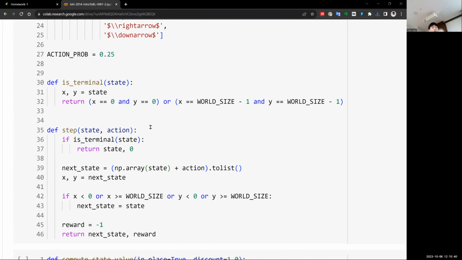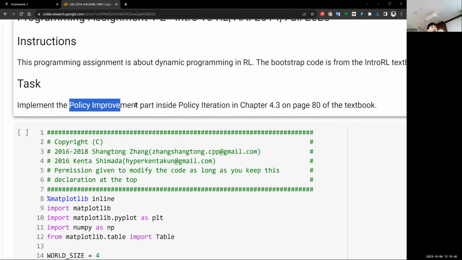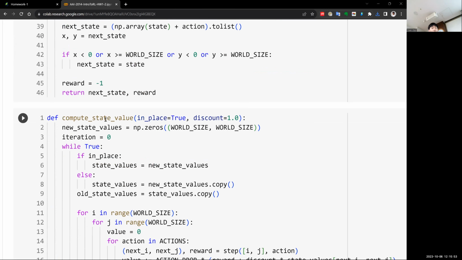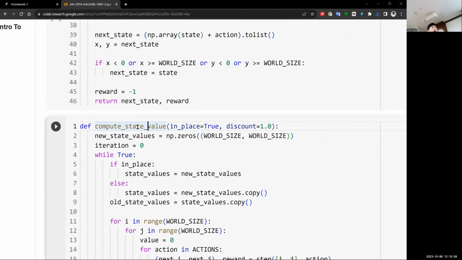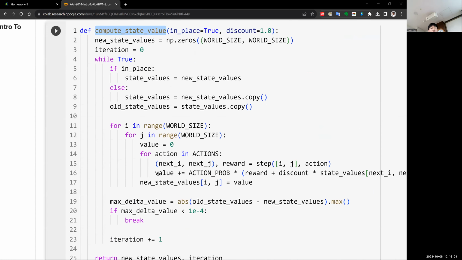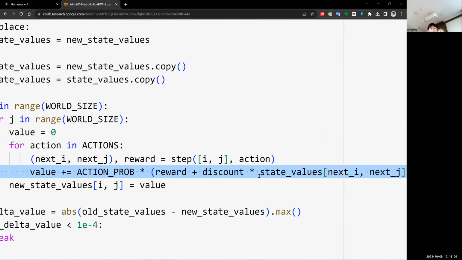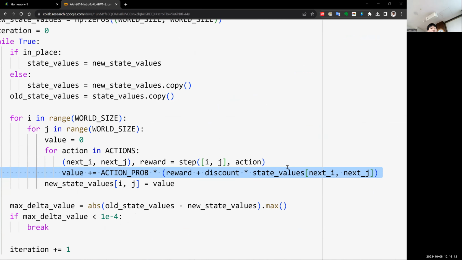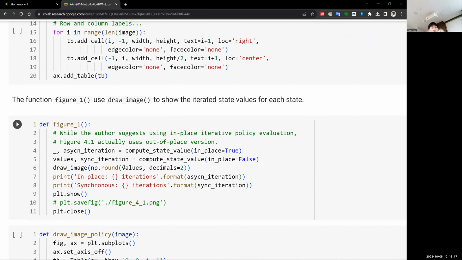The basic code is from the textbook. Now, your task is to implement the policy improvement part inside of policy iteration in chapter 4.3 on page 30 in the textbook. Basically, we already have the state value function and how to compute it. Here, we are using the Bellman equation, which is located here. The Bellman equation is stated here: reward plus discount times the state value. Then we just update, then draw the image. So if you run it, you will see